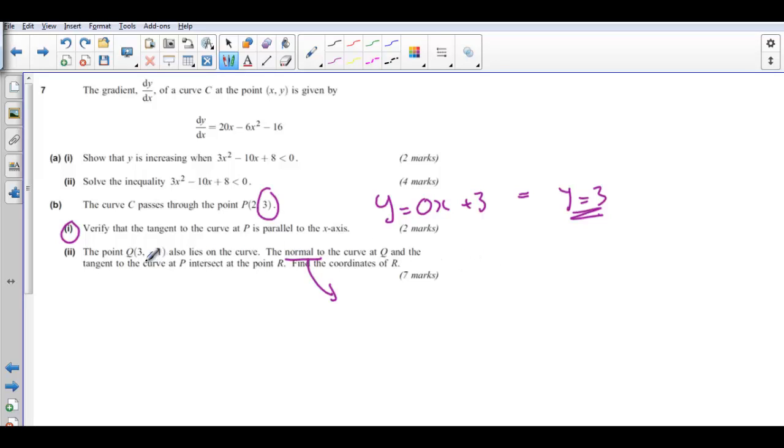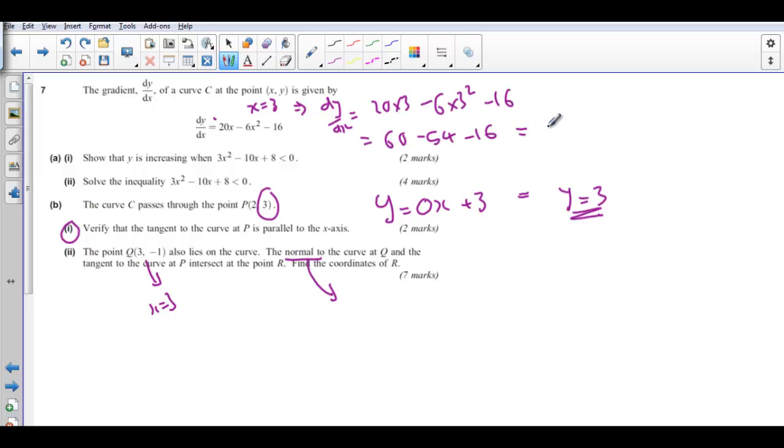Okay, we've got an x value of 3. Sticking that into our dy by dx: x equals 3 implies that dy by dx equals 20 times 3 take away 6 times 3 squared take away 16. 20 times 3 is 60, take away, BIDMAS, 6 times 9, which is 54, take away 16. 60 take away 54 is 6, take away 16 gives us minus 10. So the gradient of the tangent